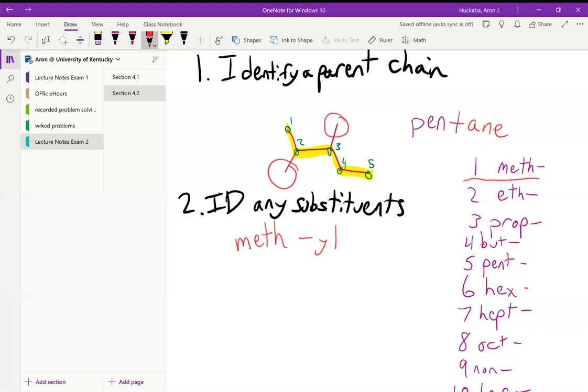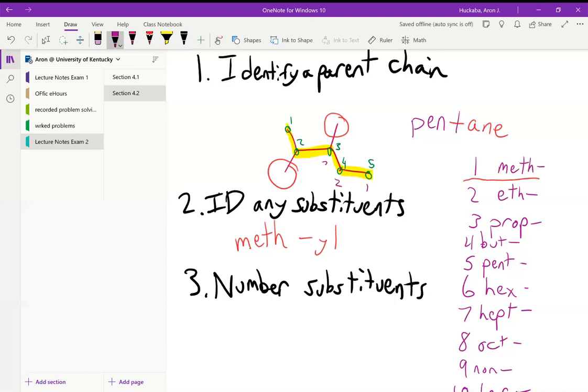All right. The next step is to number the substituents, or give them an address, give them a home. Much like how each of our houses or apartments or wherever we're living has an address, so we must also give the substituents on a carbon chain an address. And if you notice, I marked down in our parent chain a certain numbering system from left to right, but